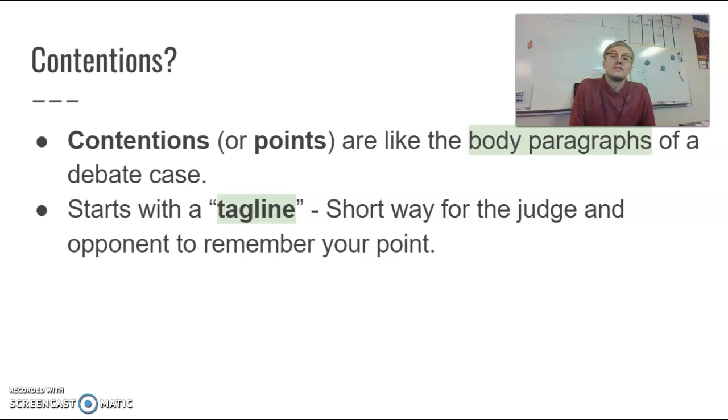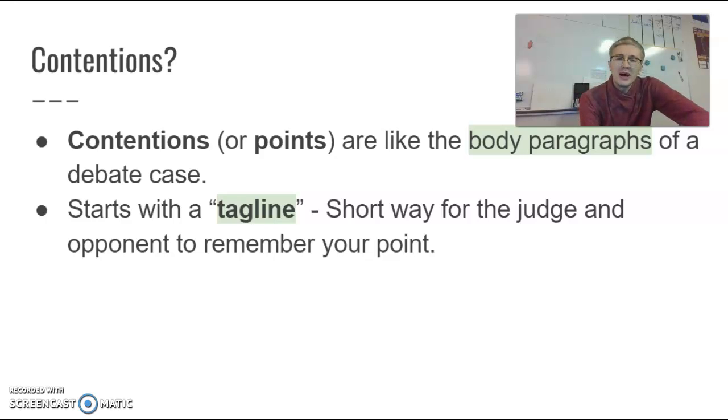And then when you're writing the rest of that case, those body paragraphs or the contentions or points that are either supporting or negating the resolution, everything should connect back to that value and criterion. There's a good sample case that I'm also going to include as a resource for you on the C-STAND website. So if you want to see exactly how contentions can connect back to values and criterions, I highly encourage you to look over that sample case. It'll just help you get an idea of how this actually works when you write it out.